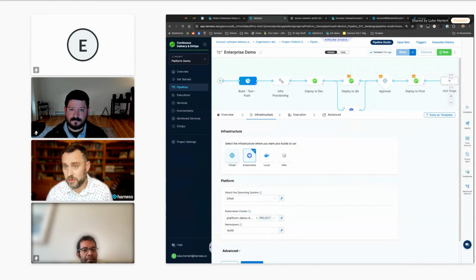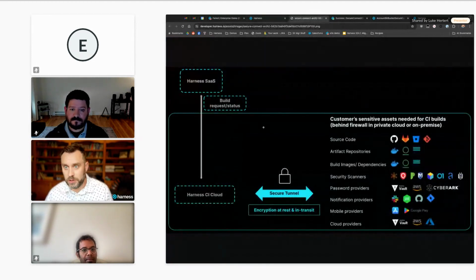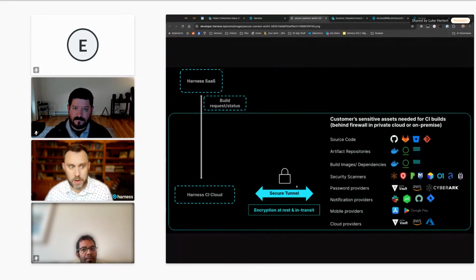It brings forth some challenges. How do I connect to my local enterprise GitHub or my on-prem Artifactory or what have you? Do I want to open up firewall rules that allow the hosted build infra to reach into my environment? And this is where we've come up with, I think, a pretty unique solution that we call Secure Connect, which lets you run a proxy inside your network.